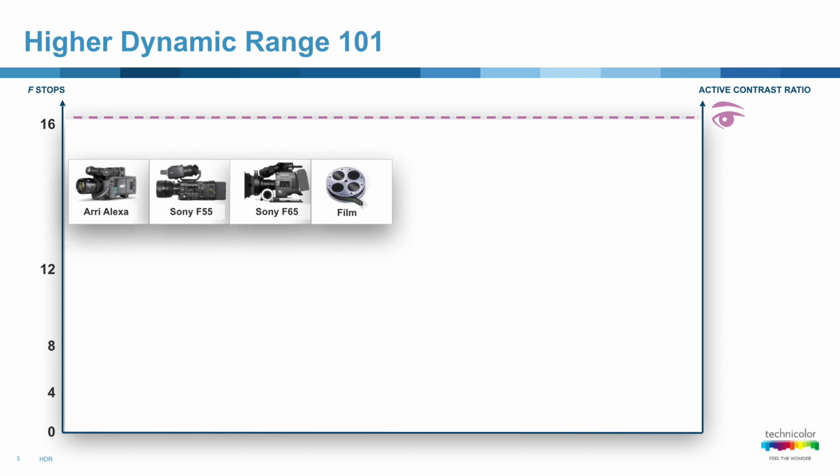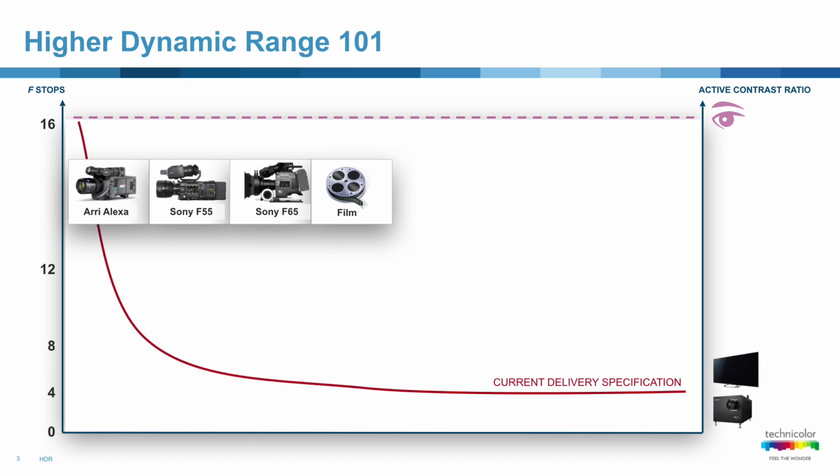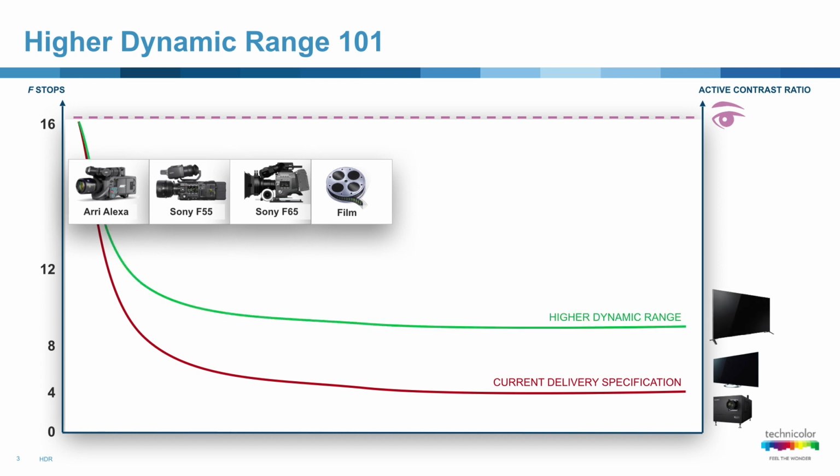Cinema cameras today, you guys are very familiar with these probably. Cinema cameras, at about where film got to before it started trailing off, capture about 14 stops of dynamic range. Stops, for those of you who don't know, is a doubling of light, so every stop is a double on the effective light that you can capture, which is a measurement of your contrast ratio.